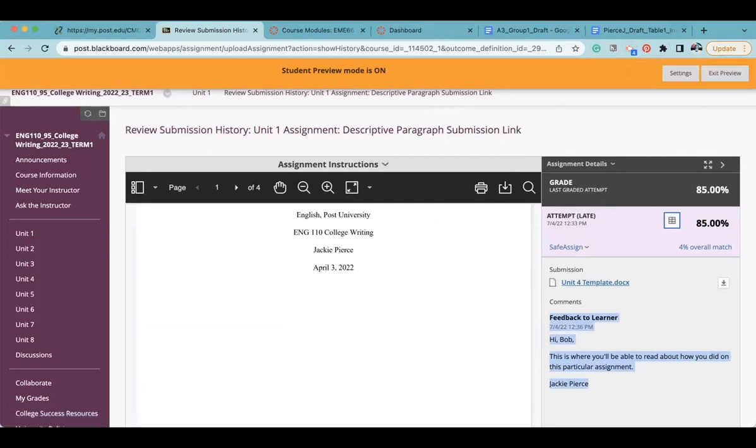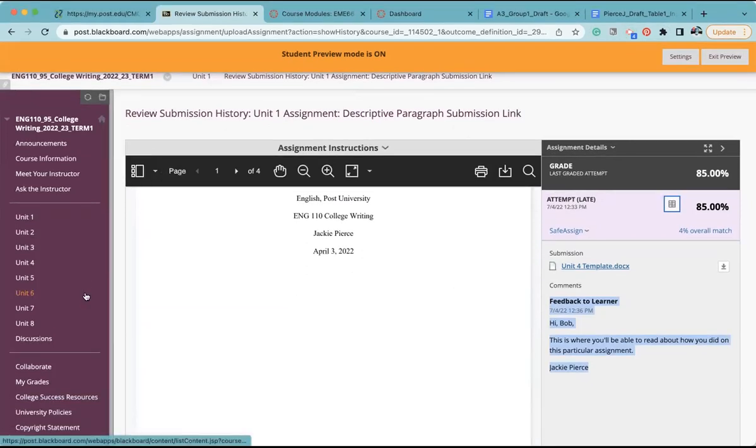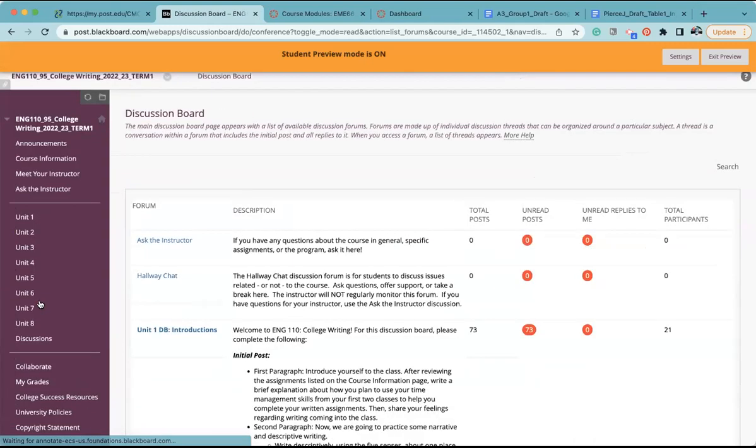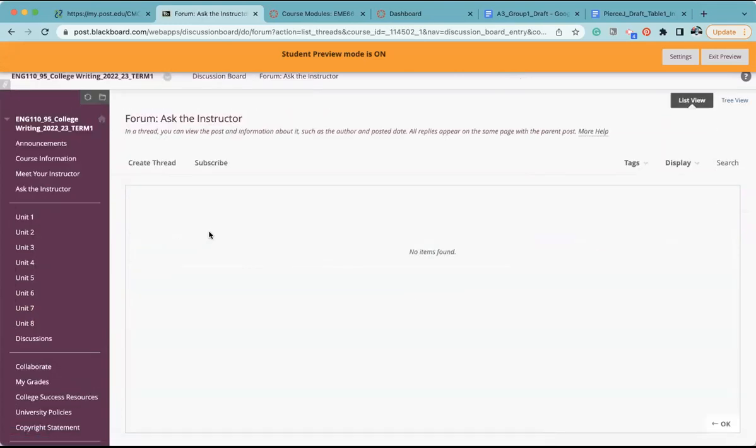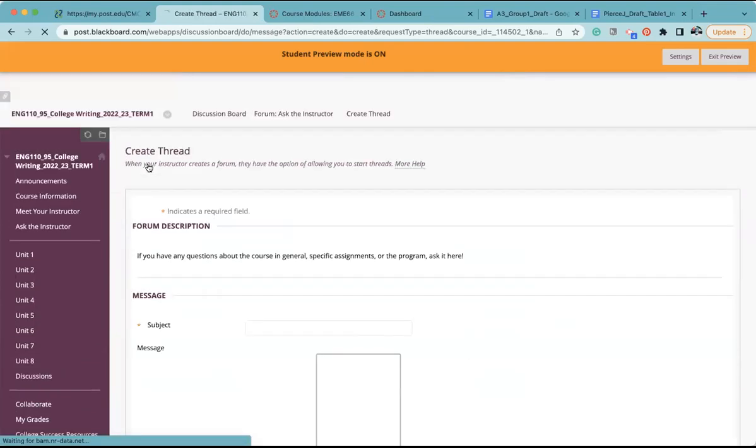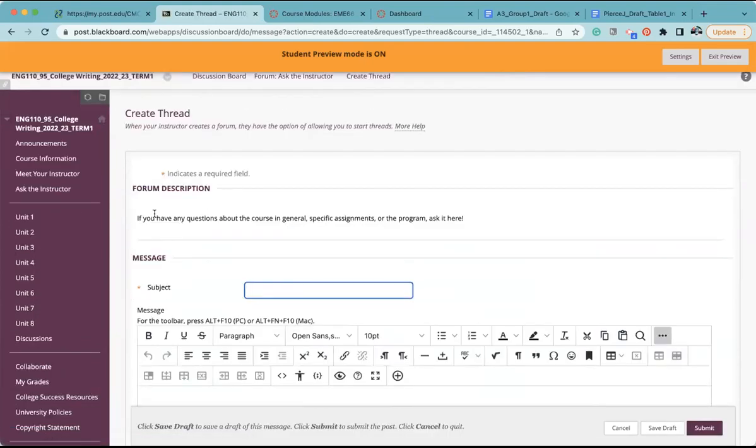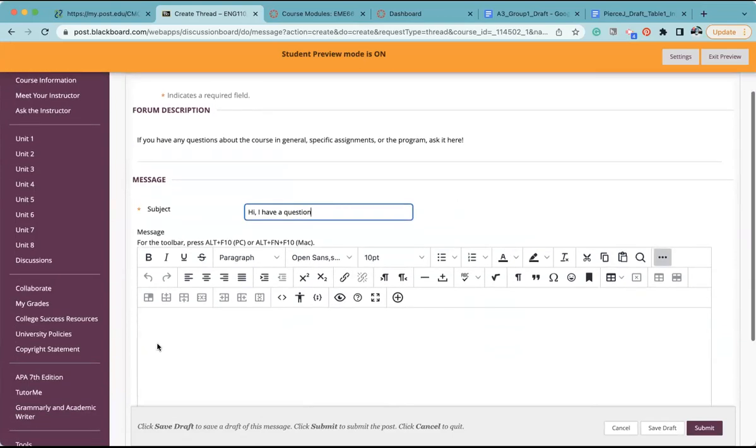Oh, while we're on that, I also wanted to give you a little heads up. I'm sure most of you have noticed it, but on the discussions page at the very top, there's something called Ask the Instructor. This is a discussion board. So when you post on it, when you create a thread, everybody will be able to see it. So when you ask questions here,